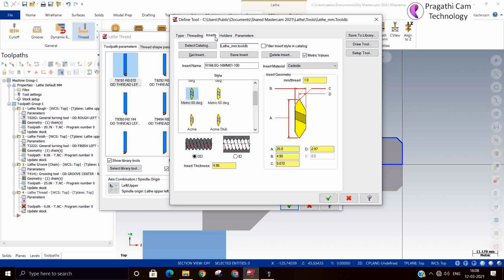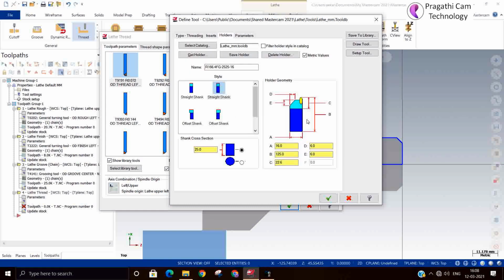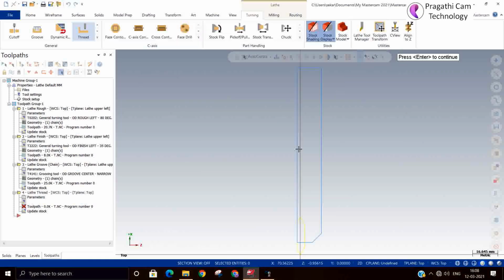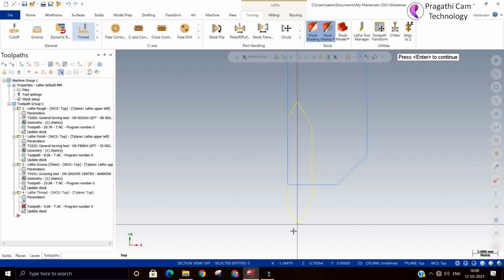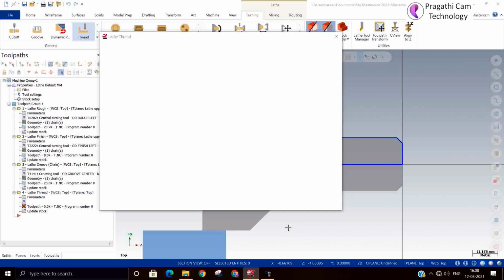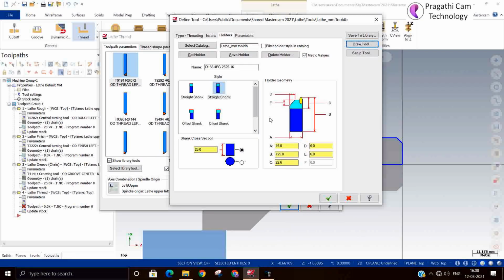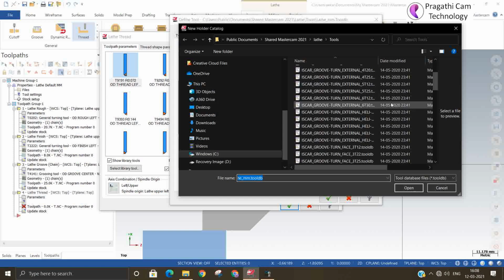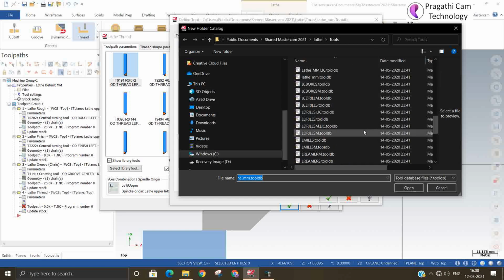Once you have selected a single point cutting tool, you can go for the holder also, and the tool holder should suit that. If you can draw it, you can draw and see how it looks. You can select either an indexable tool or the single point tool. There are libraries like ISCAR, Kennametal.